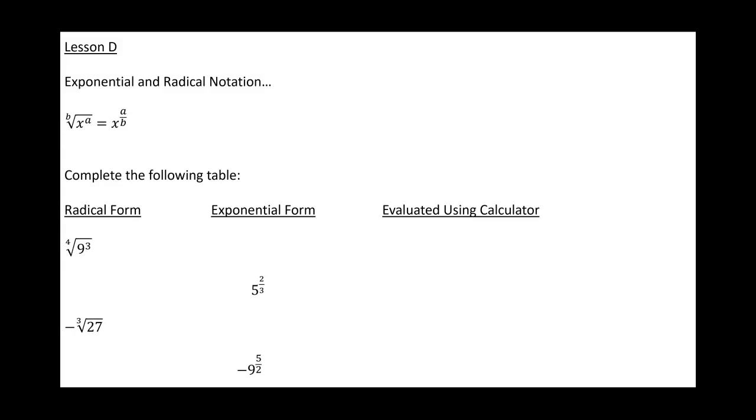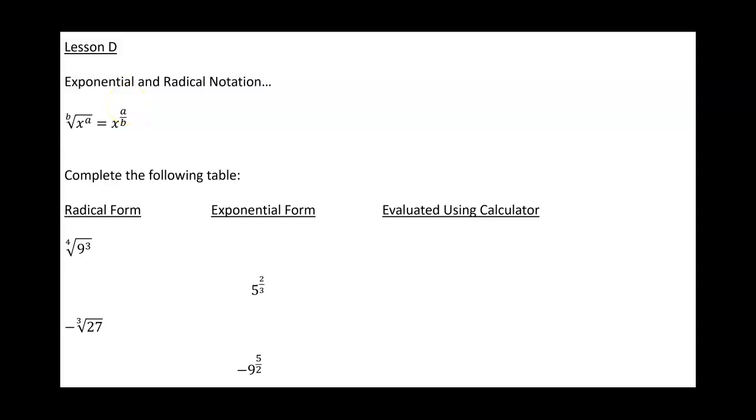Let's start with the definition. If you have the bth root of x to the a, this is called radical form. We can convert it into exponential form where the x is going to remain the base and a over b is going to be in exponential notation, because now we have an exponent instead of a radical. So notice that the root becomes a denominator and the exponent becomes a numerator